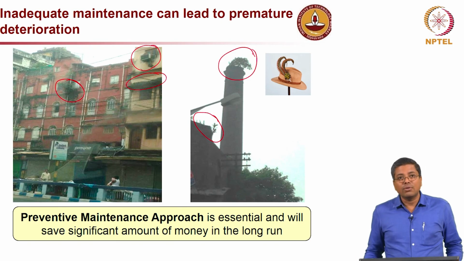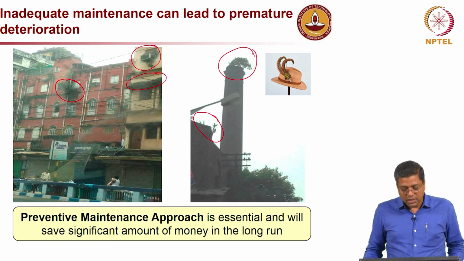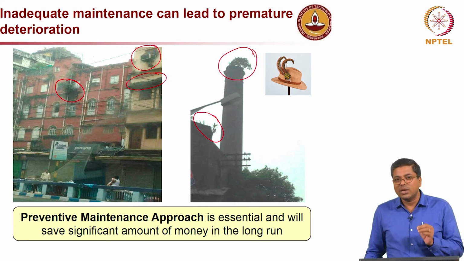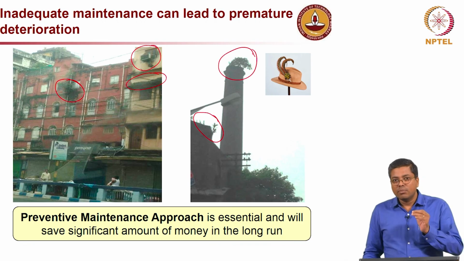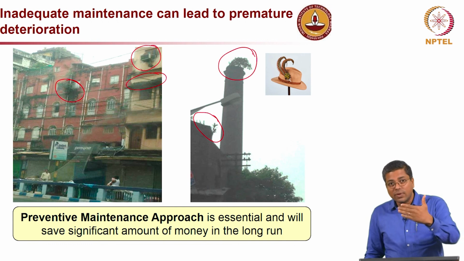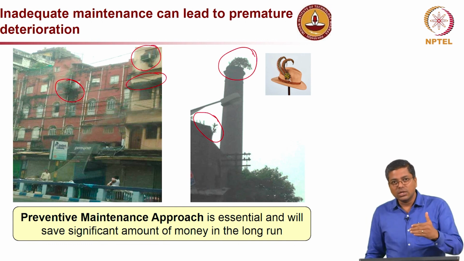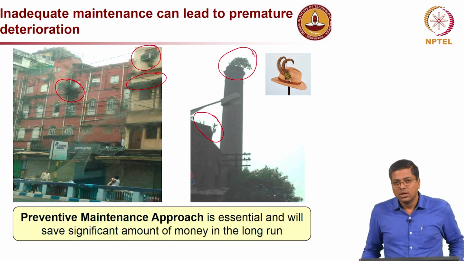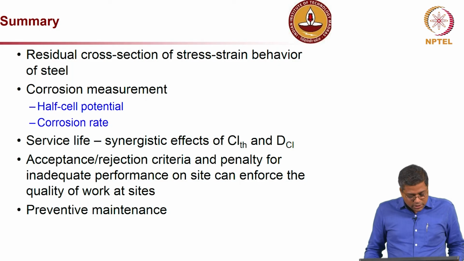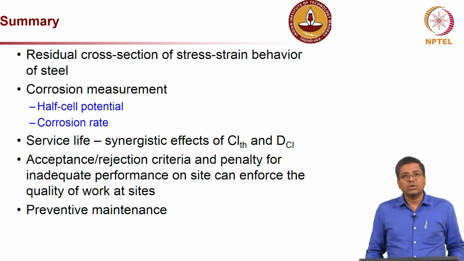So, we really have to stop these things from happening. Routine maintenance is very important, and preventive maintenance means maintaining the structure and doing things by seeing what will happen in future, and doing things to prevent those deterioration mechanisms from happening. Okay. So, to summarize, today we discussed residual cross section,